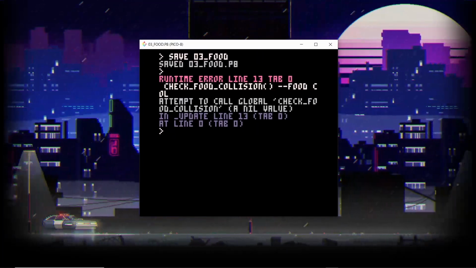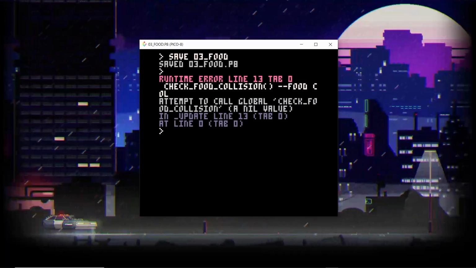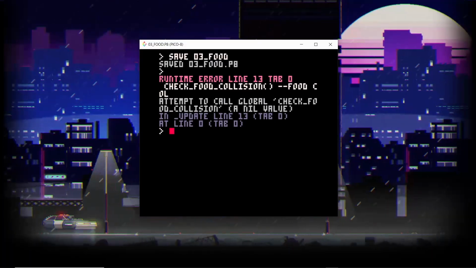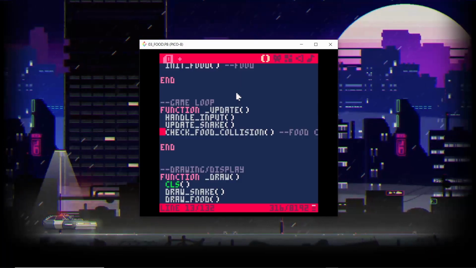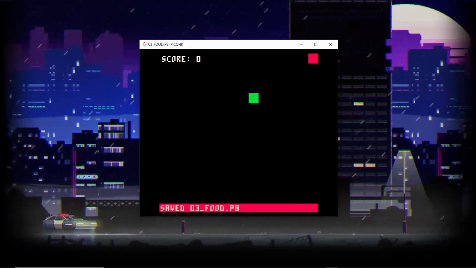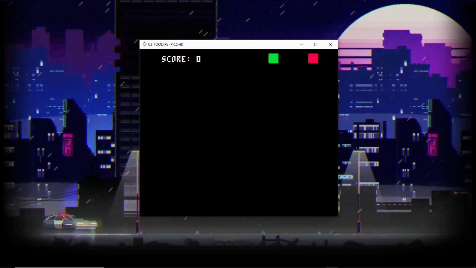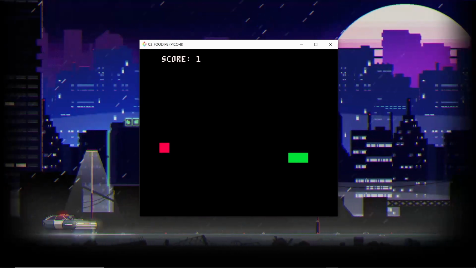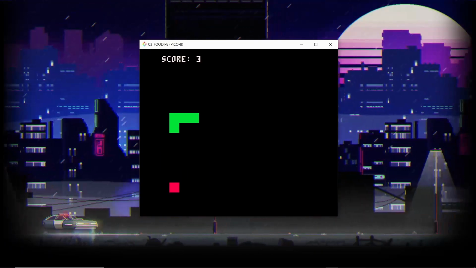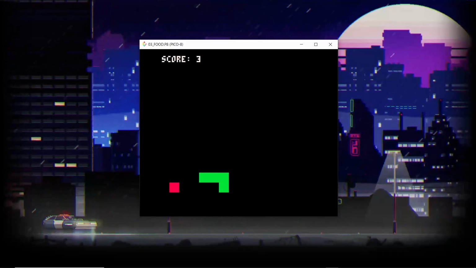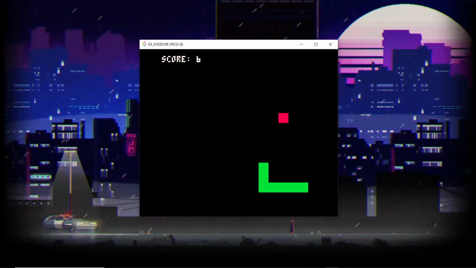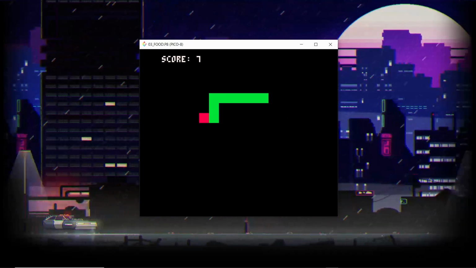So it says attempt to call check food collision. I think I'm using double L. So the function I'm calling is food collision. I think I'll change it to a single L instead of double L. So let's save that, and hopefully, so here we have it. Let's go ahead and pick one food, and we can see our snake is increasing in size. We have another one and another one, and let's pick another one, just using the arrow keys to move this around like so. So yeah, we have our snake increasing in its size,